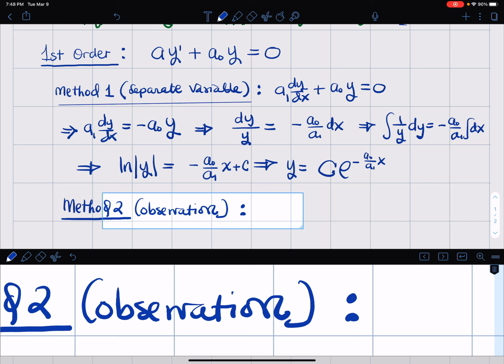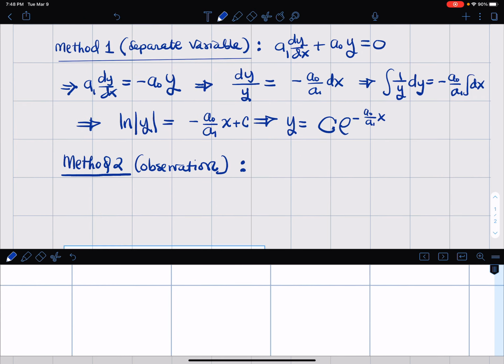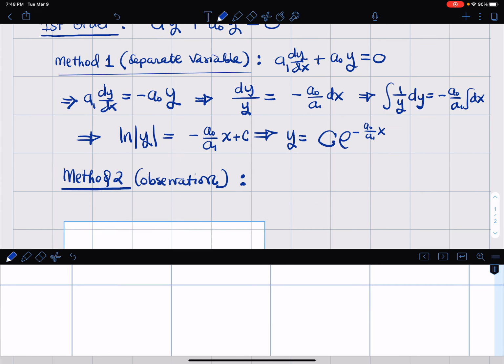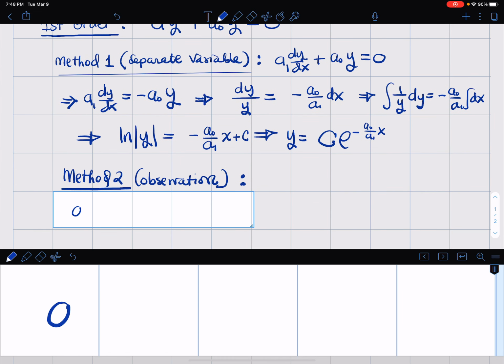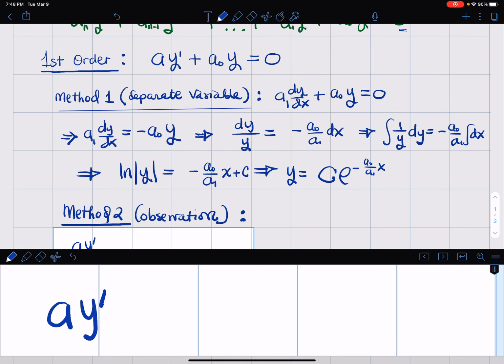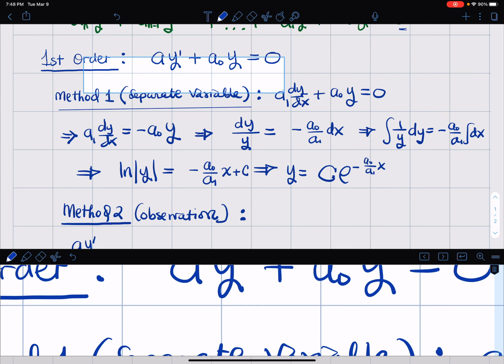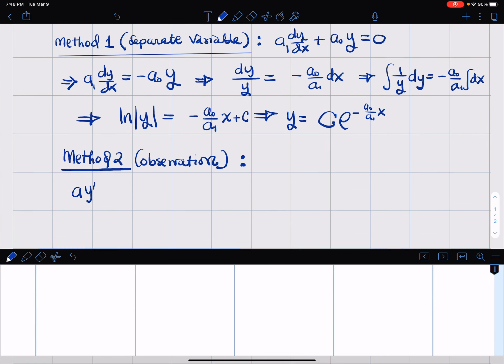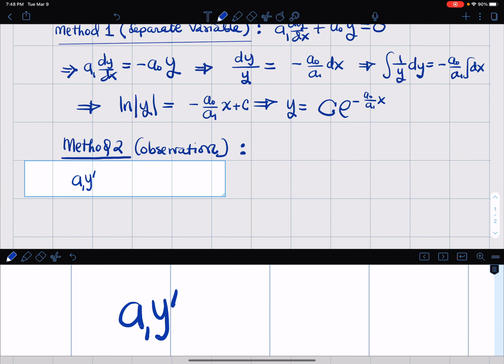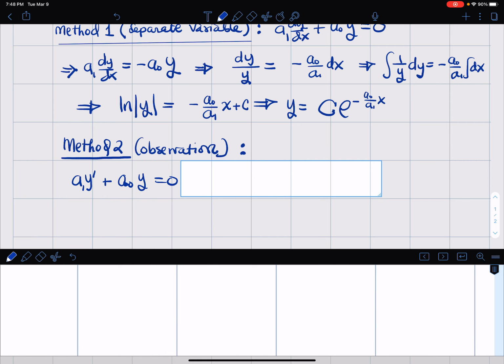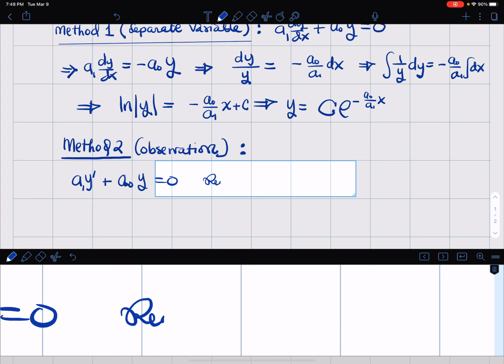We observe that if we rewrite the equation as a1 y prime plus a0 y equals 0, sorry, a1 y prime,